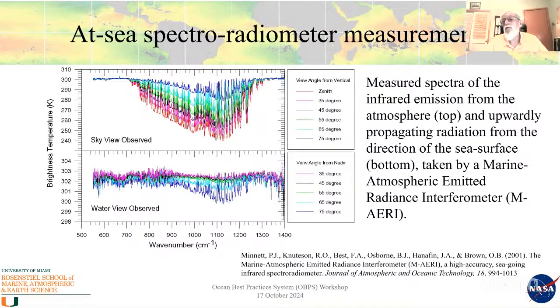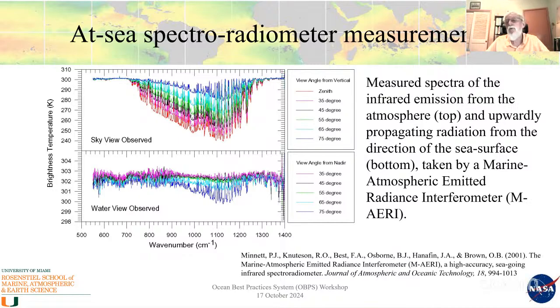And if the sea had an emissivity of 1 and a reflectivity of 0, what we would see would be straight lines on top of each other representing temperature derived from Planck's function, from the radiance measurements. But we don't see that. And what we see is a very strong dependence on the angle of the measurement, showing lines, which are reflected emission lines from the atmosphere that Andy mentioned in the introduction. And those are shown in the top panel.